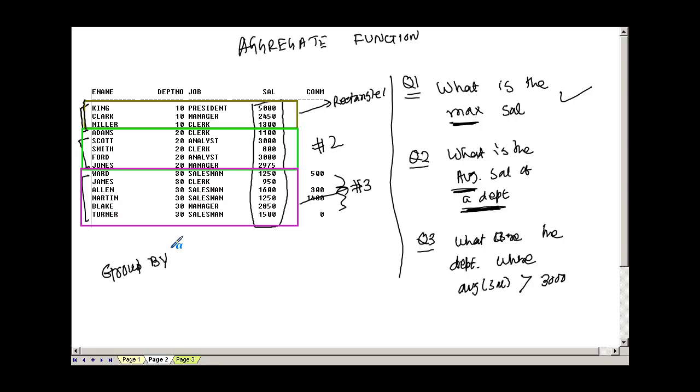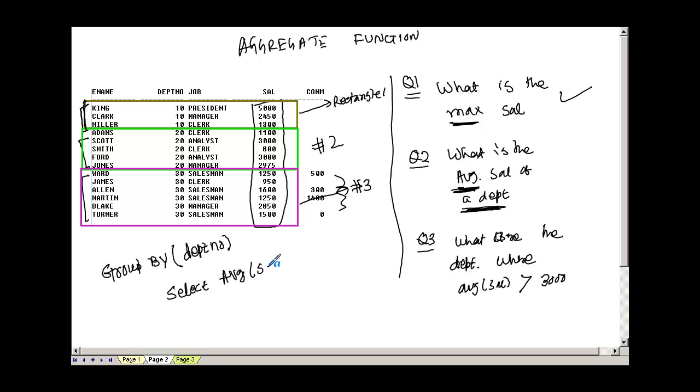Okay, so if I give group by department number, that means I am taking at a time the first rectangle. Okay, so how do I solve this thing? Again, since it's average salary, there should be a function called AVG. That's very obvious. So I do select